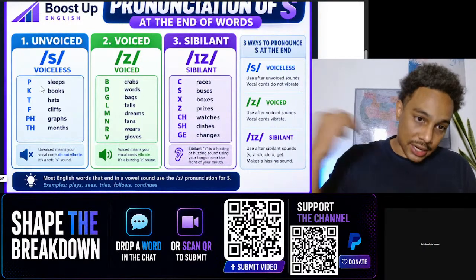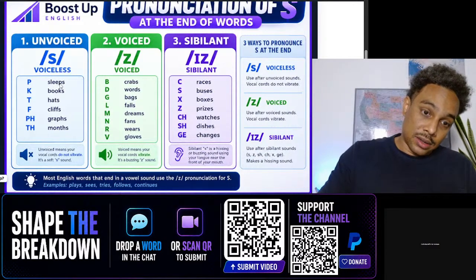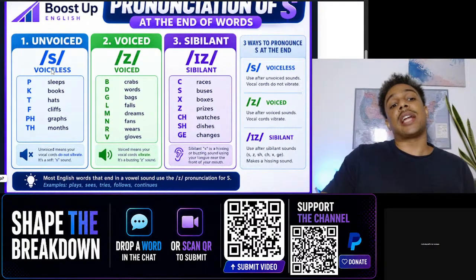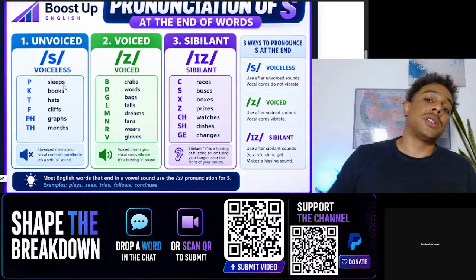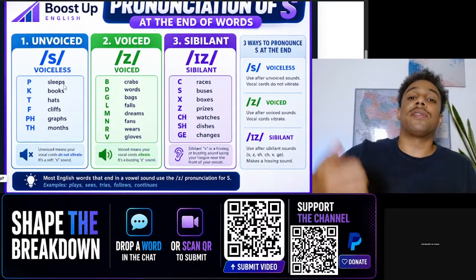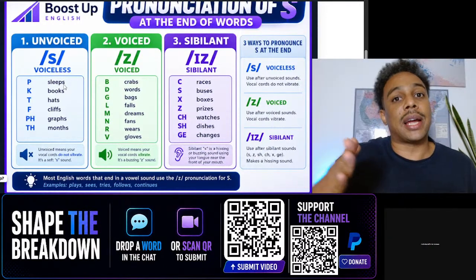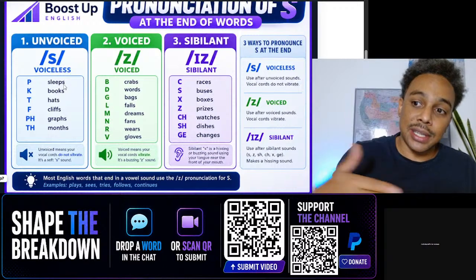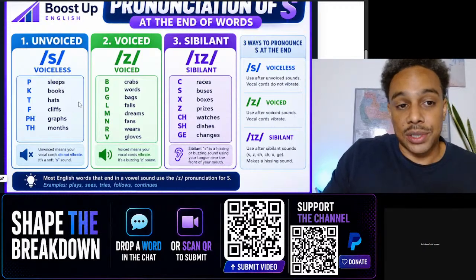I'm thinking about last live's lesson. Look at the word in the singular form, right? So like sleep. Sleep finishes with the P, that's voiceless. So in English, what we do, not just with this final S, we saw last live with the past tense ED, we saw with the flap T, right? When we don't have vibration, we don't like to add vibration. And when we have vibration, we continue vibration. So in this case, because P is voiceless, we're just going to make it plural by adding the voiceless S,